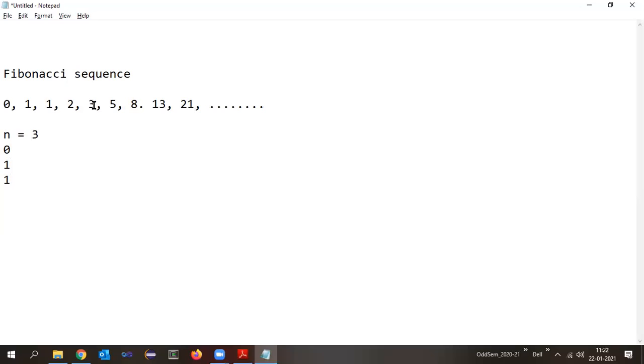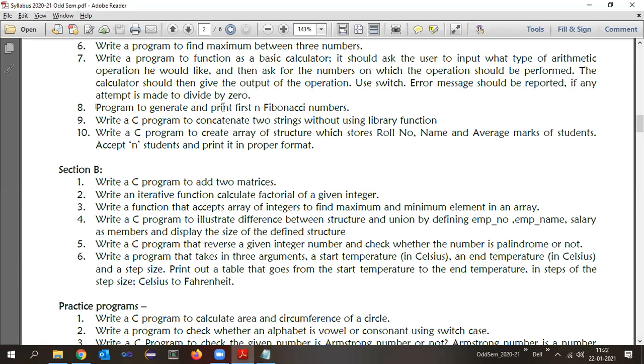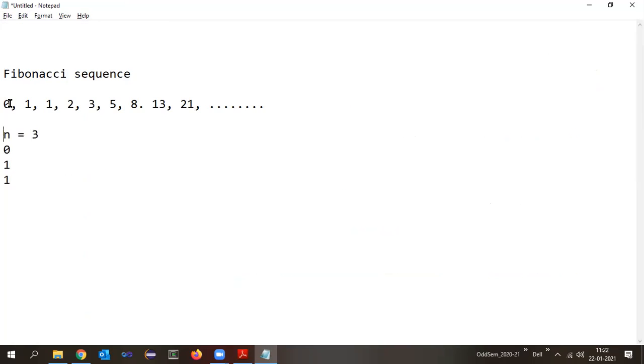Understand once again, n is the number of elements in the sequence. Read the program statement here. Print first n Fibonacci numbers. See, this 0 is a Fibonacci number, 1 is a Fibonacci number, the next one is also a Fibonacci number. You take any number here, all those are Fibonacci numbers.